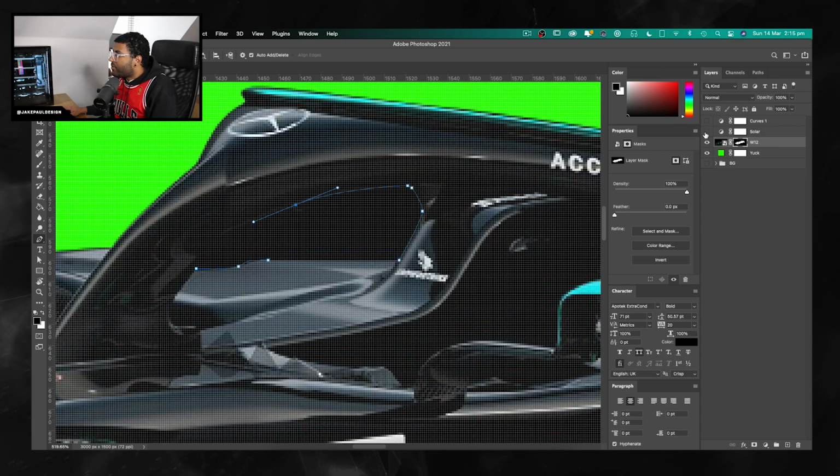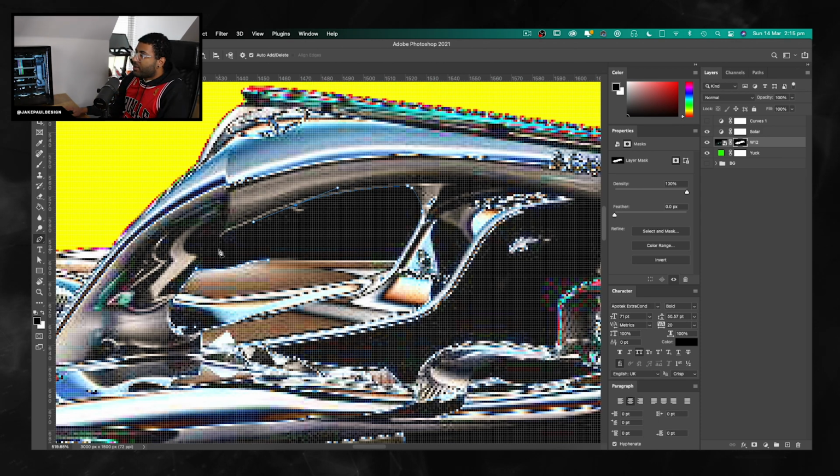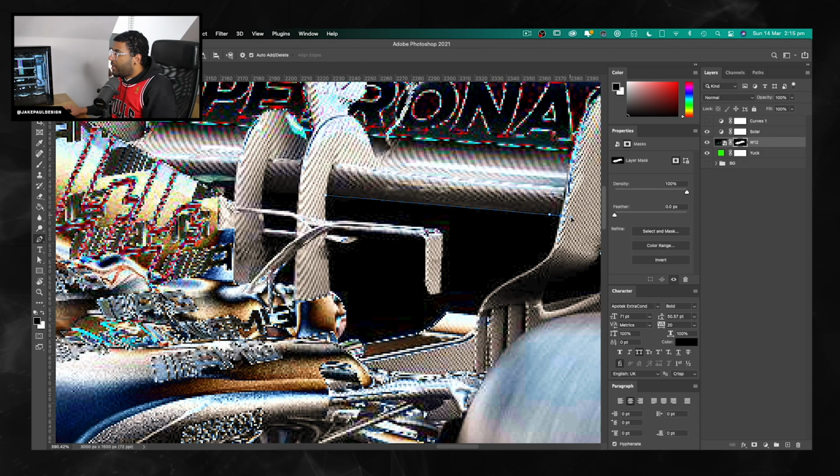curving it round. If I turn that off, I can't even see what's there, so I'm just going to ignore it, if I'm honest. As I said, creative license kind of comes into it sometimes, and then it's a case of closing it. Control enter again. Let me turn this off. So in here you can press shift and it gives you a straight line, but in this instance not